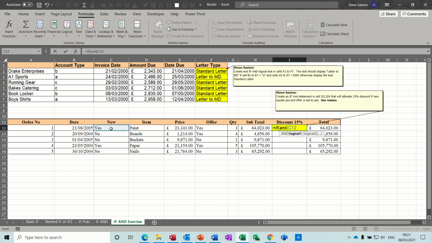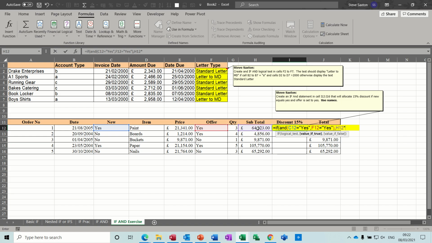So if that equals yes, and that has to go in quotes because it's not a name, comma, and that equals yes. Oops. So that's the test. Close the bracket. So if that's true, they're getting a 15% discount on that. So it's going to be comma, that